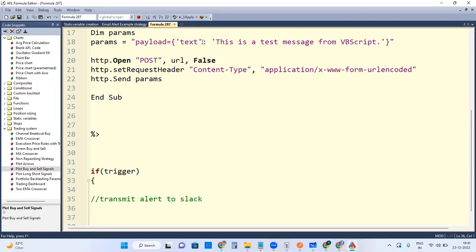Of course, you can send alerts to Slack, Telegram, Discord, even SMS is also possible. Because SMS these days is just a bunch of APIs only. You call the API, it's a post API or get URL, and then transmit the message. SMS will be sent. That is how SMS works these days. A lot of bulk SMS providers do that. So here, if I want to transmit the alert, I have to call the